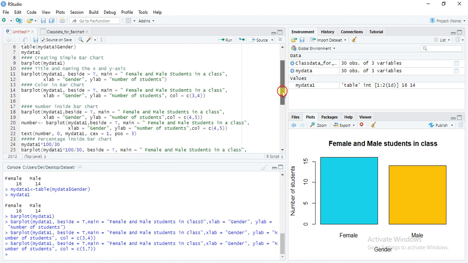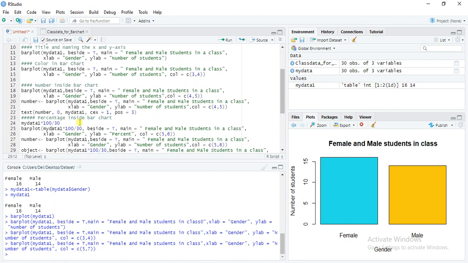Now I want to write here barplot. Inside this bar plot, we want to give the number of students, how many female students in a class and how many male students in a class. So we know that there are 16 female students and 14 male students.